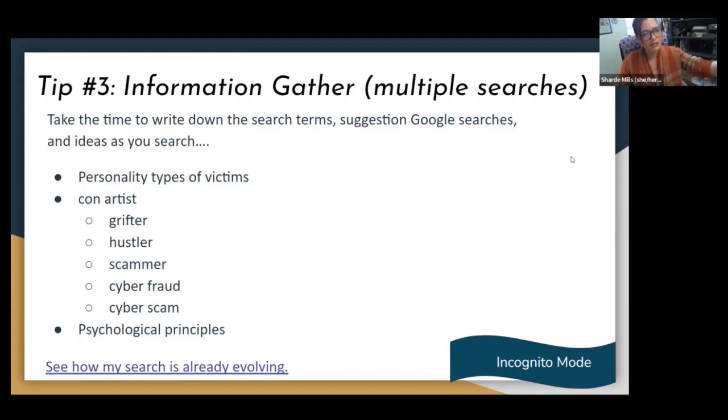So I've made a list of the various terms and ideas that I thought might be helpful from my previous generic search. And now I might search those ideas individually, but I'm definitely going to pull from the language that I found in that initial search. So in this instance, I really thought the term psychological principles, that's not something I was going to think of on my own, sounded really helpful. I think that's the concept I might be really interested in when I think psychology of con artists. And there's a lot here.